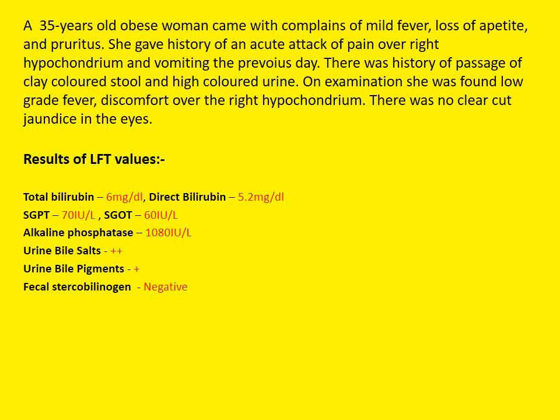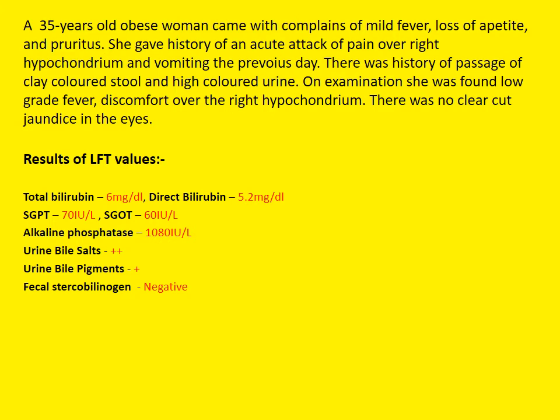That is, total bilirubin 6 mg per dl, direct bilirubin 5.2 mg per dl, SGPT 70 unit per liter, SGOT 60 unit per liter, alkaline phosphatase 1080 unit per liter, urine bile salts plus plus, urine bile pigments plus, fecal starch negative. So you can see here, that is,